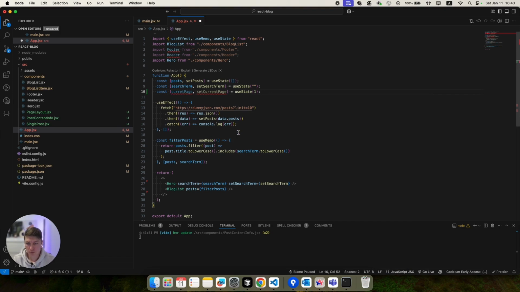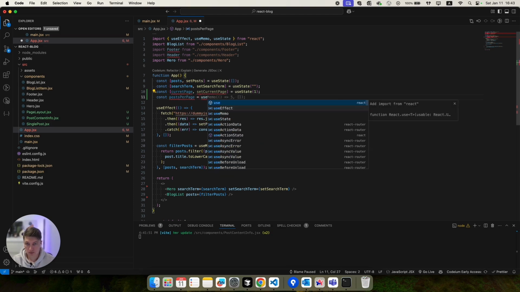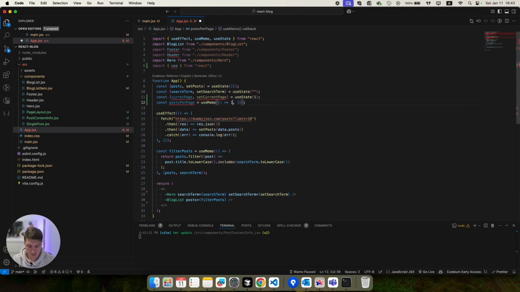So when we open our home page or block list, we'll open the first page. And also I will add a special variable called posts per page, but I will add it with use memo, 5, or let's add 10. So we will show exactly 10 posts on each page.